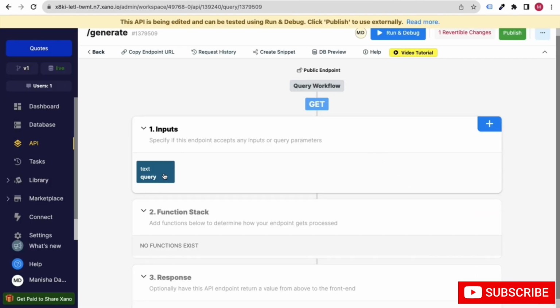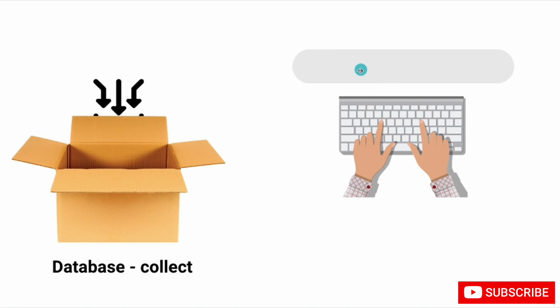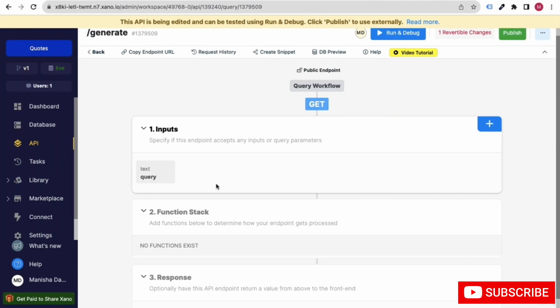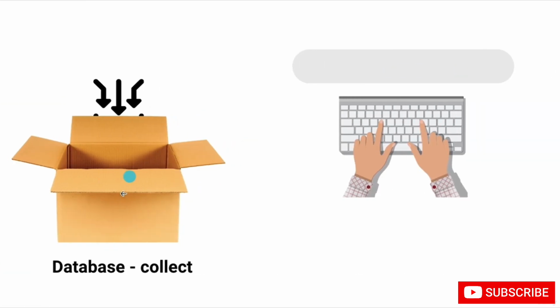So we have put the query, which is a text, right? Whenever someone puts in a query text, we want to get the result. After that we want a function. Now here, my friends, you can choose the database request, because we have created a database.